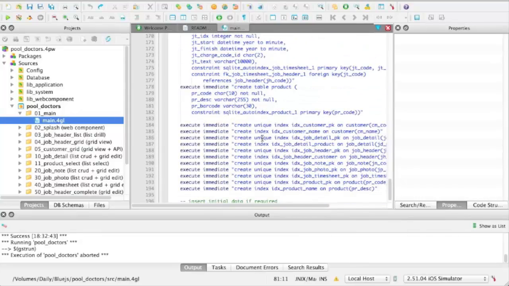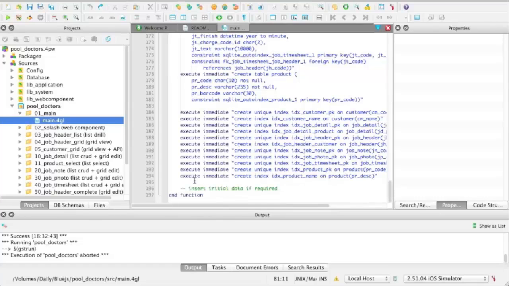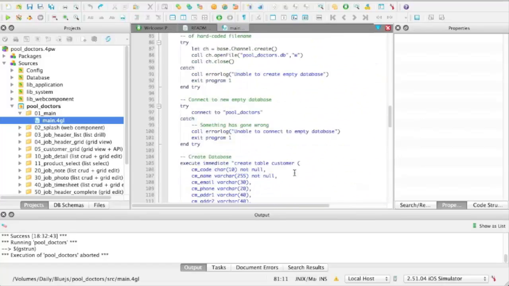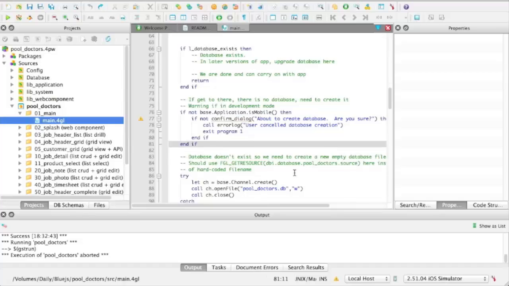And once I've finished creating all the tables, then I create some indexes as well. Now, at this point, I could also insert some data if I needed to. But in this particular program, I'm going to rely on the database synchronization process to populate the tables for the first time. The other thing that I should note that I skipped over as I was working through here